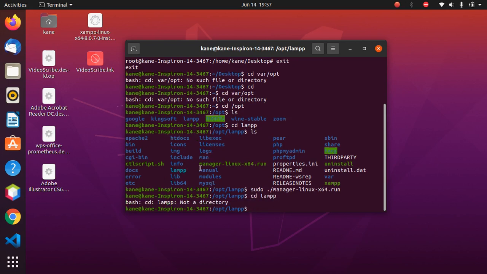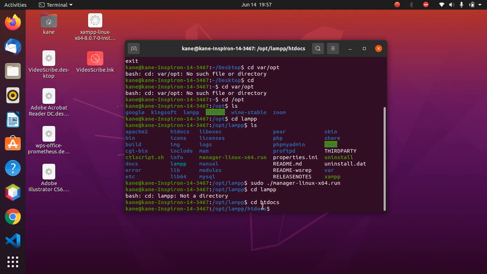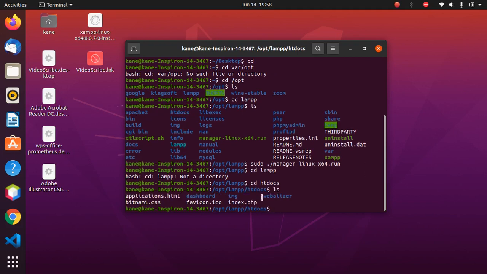Okay, htdocs. So you should save all your content inside this folder, which is the htdocs folder, and then it will successfully execute all your PHP files, whatever PHP files are located inside the htdocs folder.